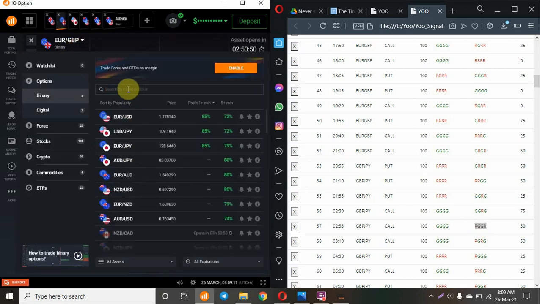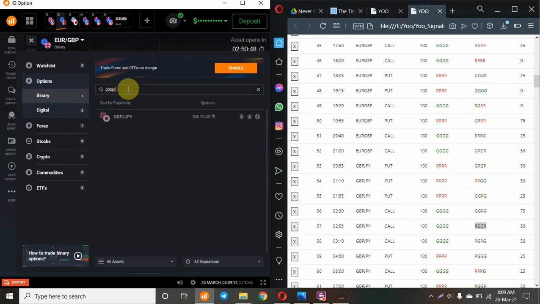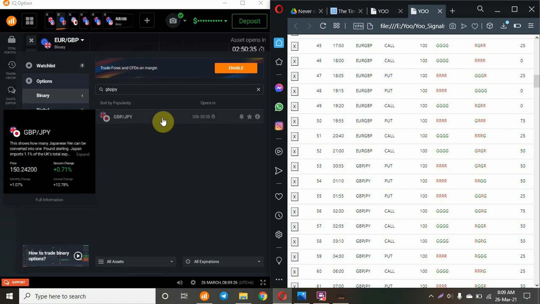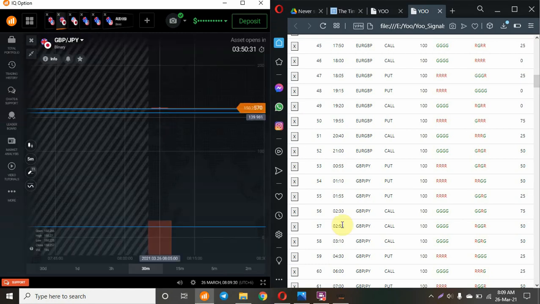What is the pair? GBP/JPY. But you know, the in-and number is also affected. The previous maximum color is green, and the present number is 50. It has a 50% chance. It will win in one martingale step. I will say, trust me.